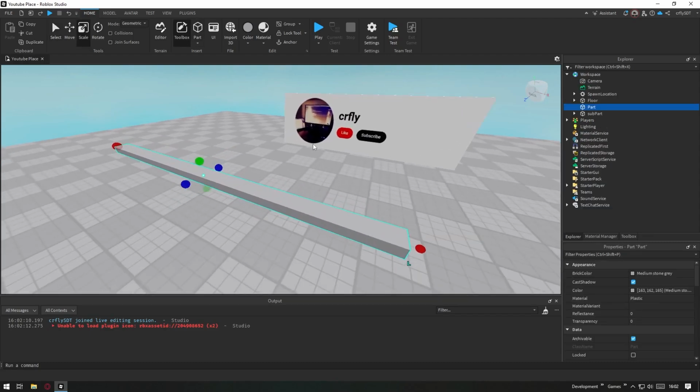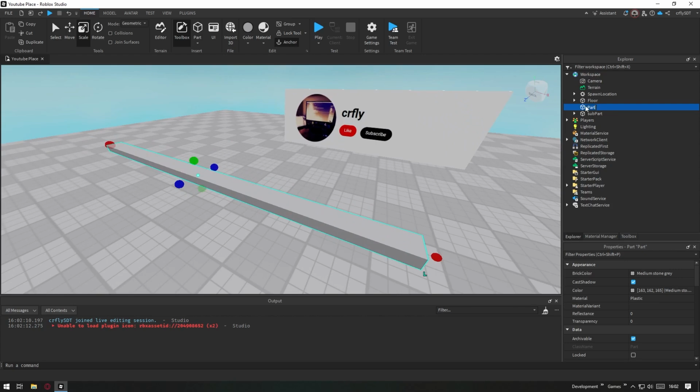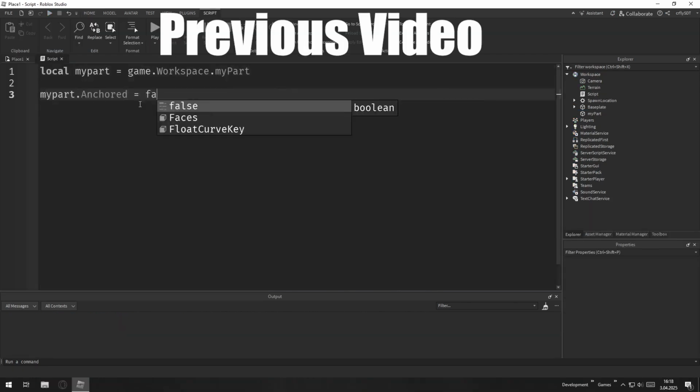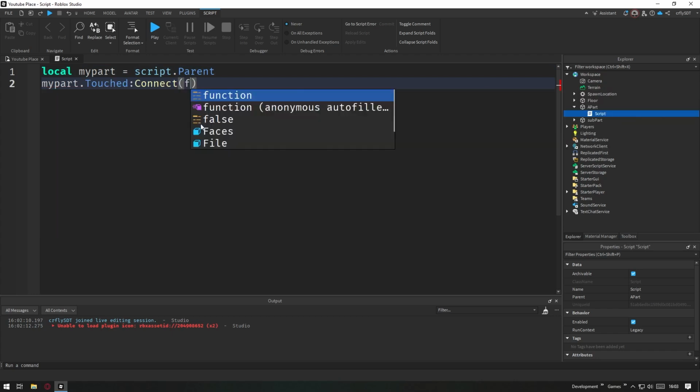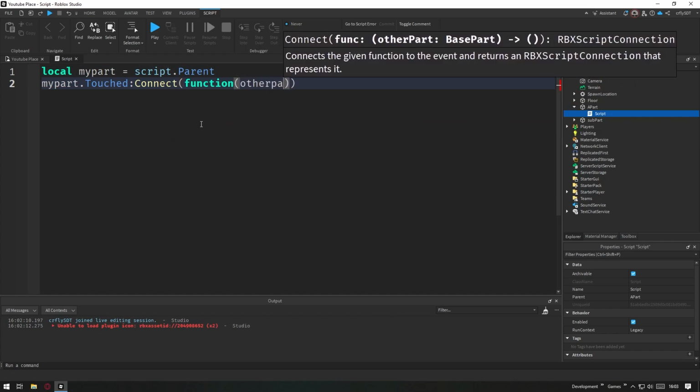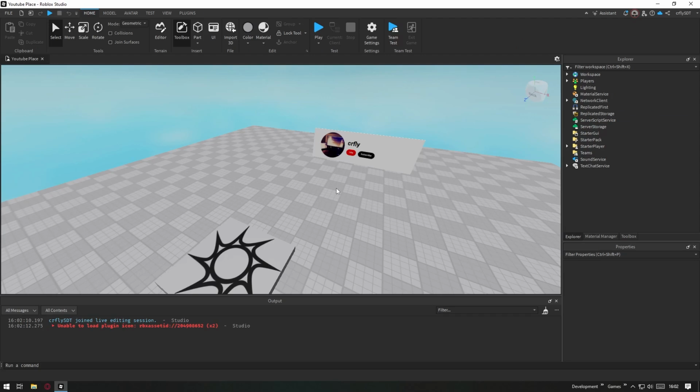We were using the dot to access the properties of the object we explained in the previous video. In addition to properties, we also access events in this way. We define the functions that will run when our events occur using colon. In this video, we'll cover the touched event using the dot.